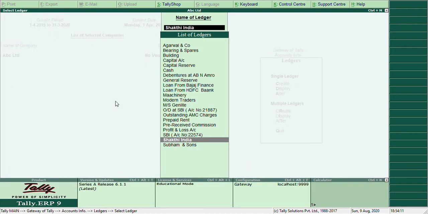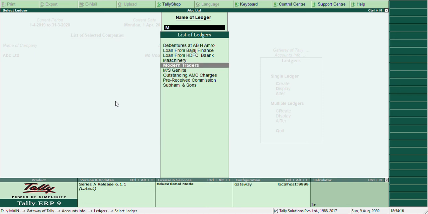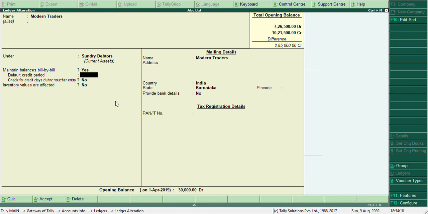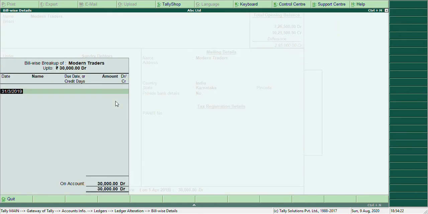Next party will be our sundry debtor, Modern Traders, in the group of sundry debtors. Their last bill pending is for 1st November 2018. Bill name sale slash MT is nothing but Modern Traders slash 101.